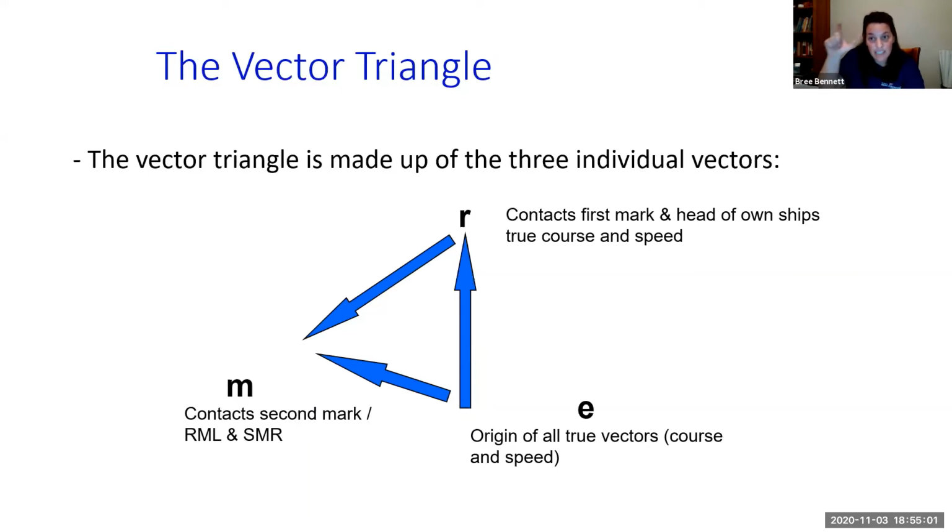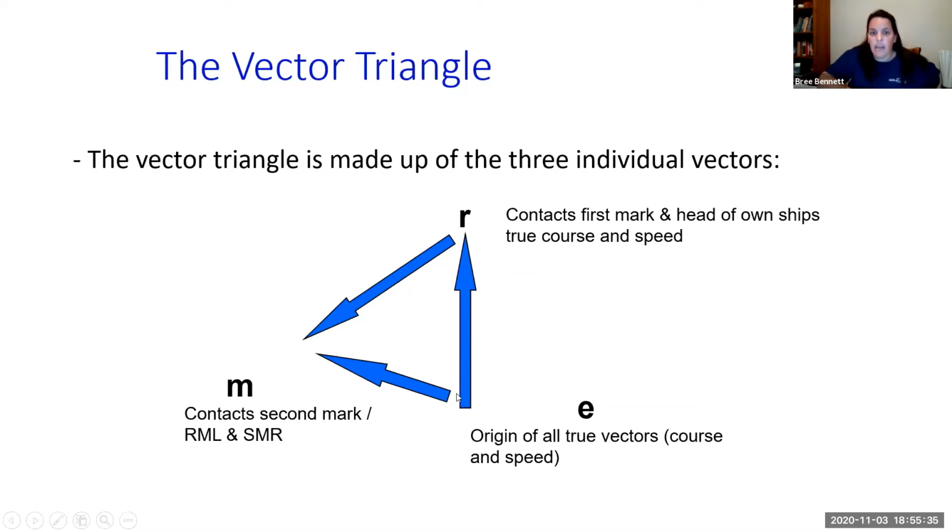So if we know a distance, what we get from our radar is a distance, and then we convert that distance to speed. So we get our direction of relative motion and our speed of relative motion. Our E to R is our own ship. So the origin of all true vectors is going to be the E, but E to R is our own ship's